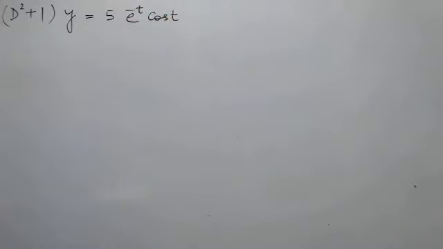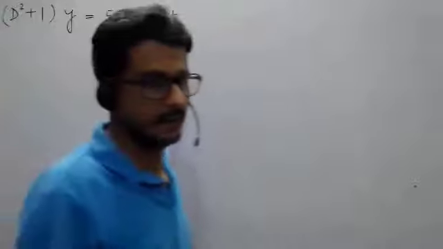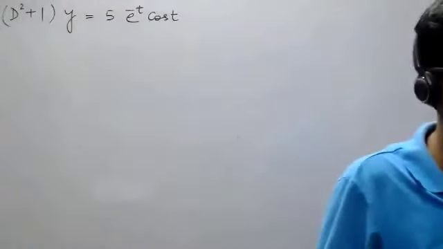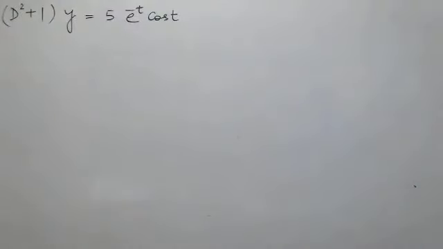Suppose this is the equation, and then we have to solve it. So that means y is a function of time, and we have to solve this equation. चलो एक बार जरा ट्राई करो क्विकली। स्टार्ट।